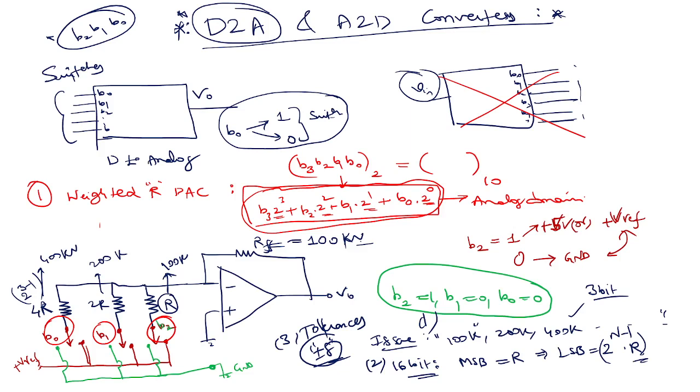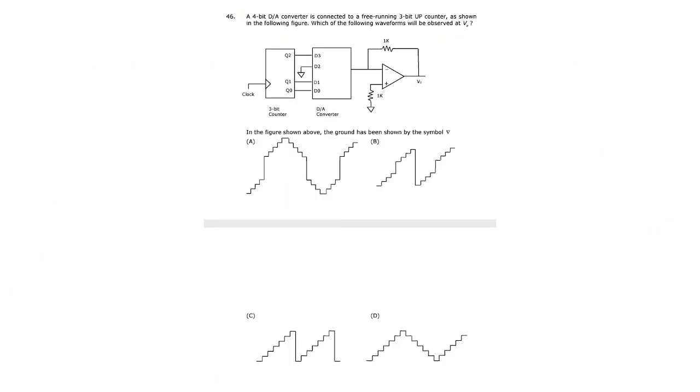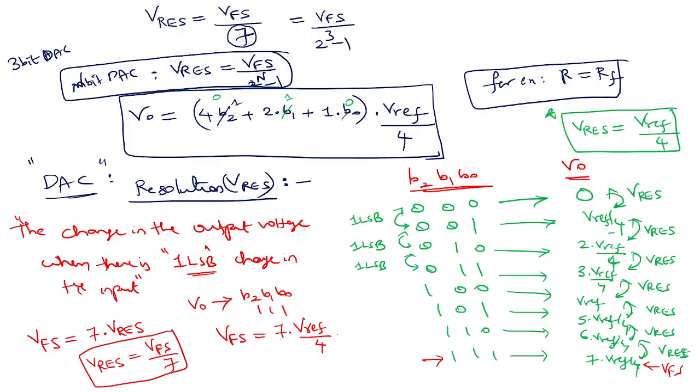So it would be extremely difficult to maintain the consistency of the V naught. Let's say you give 100 today, you may get 2 volt. Tomorrow, if you apply the same input 100, you may get 2.2 volt. Day after tomorrow, 1.9 volt. So which is not consistent at all because the tolerances are huge. So that is the reason why we go for